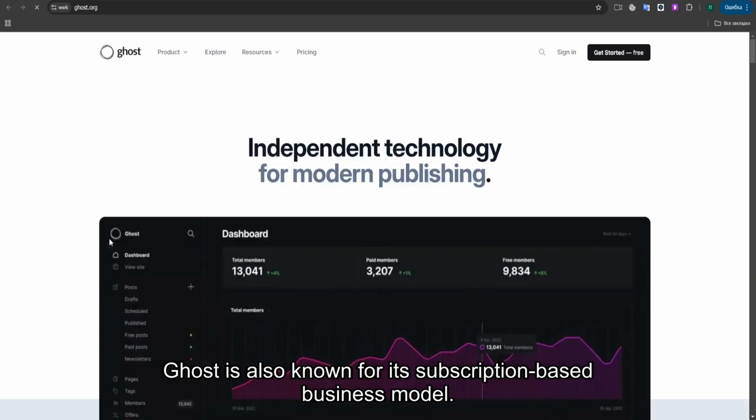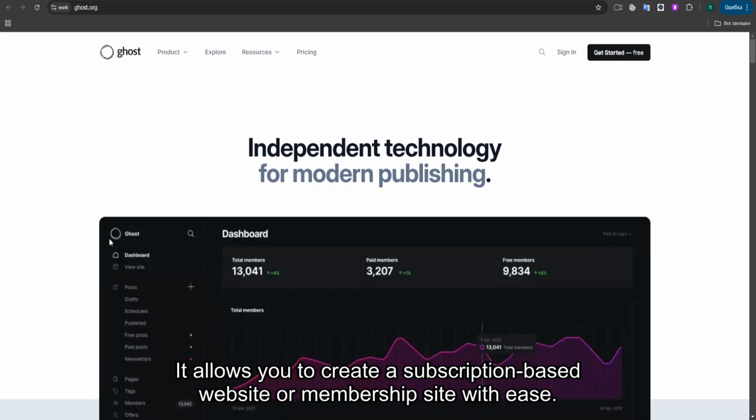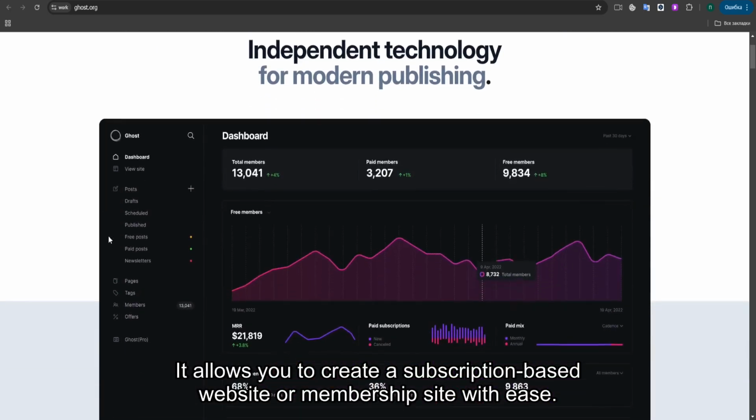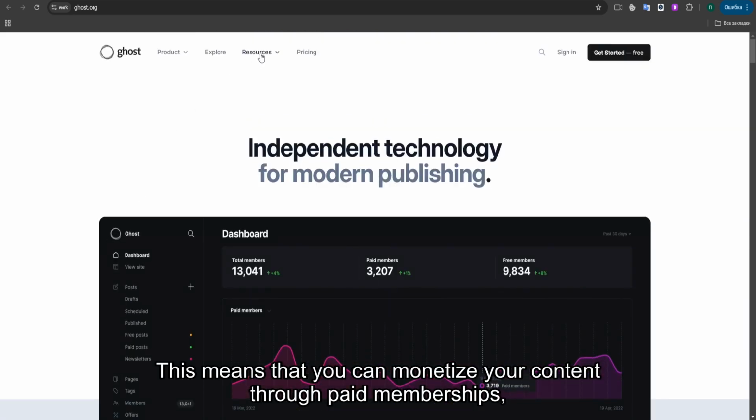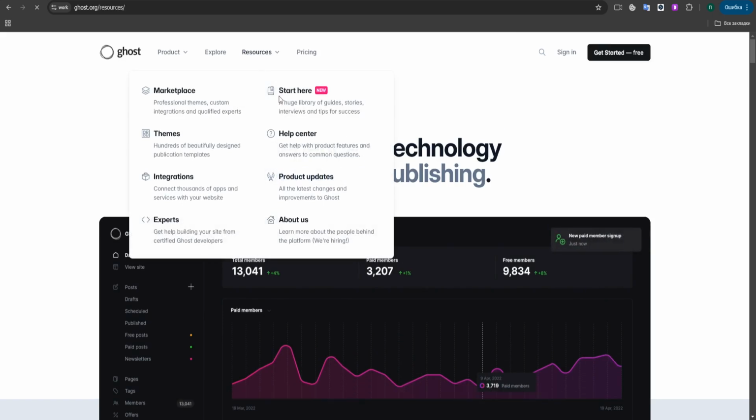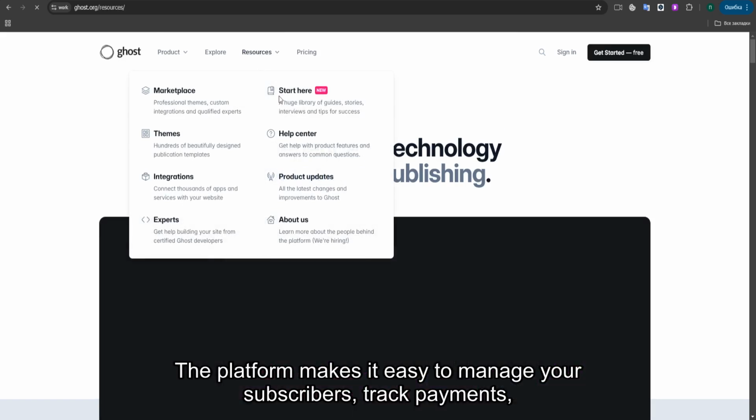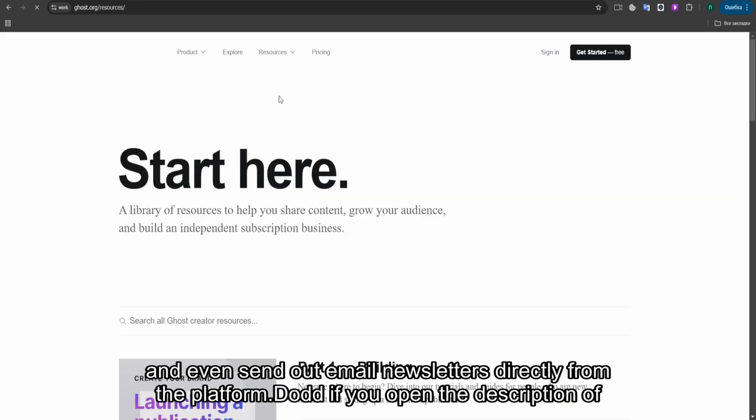Ghost is also known for its subscription-based business model. It allows you to create a subscription-based website or membership site with ease. This means that you can monetize your content through paid memberships, offering exclusive content to paying subscribers. The platform makes it easy to manage your subscribers, track payments, and even send out email newsletters directly from the